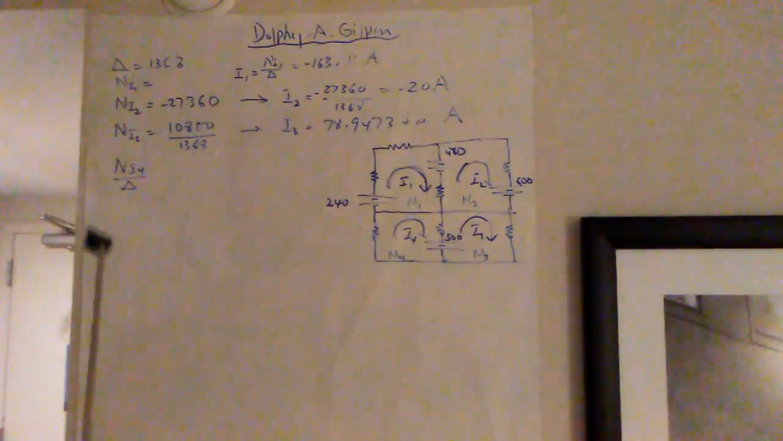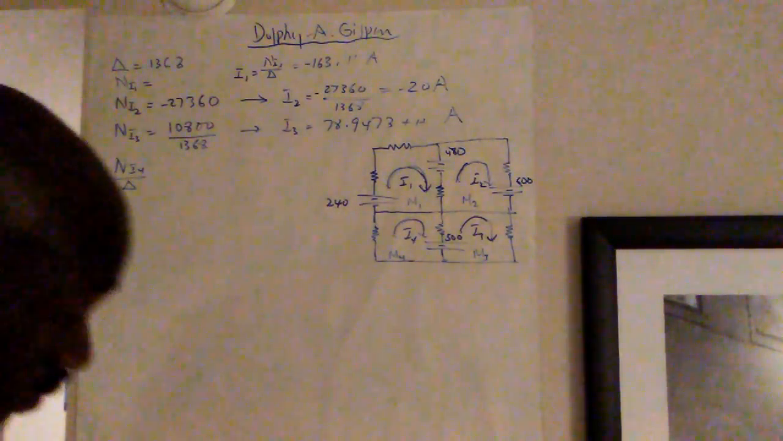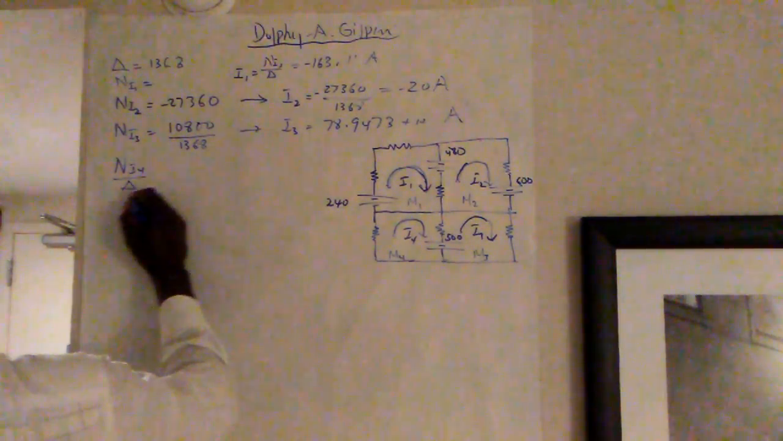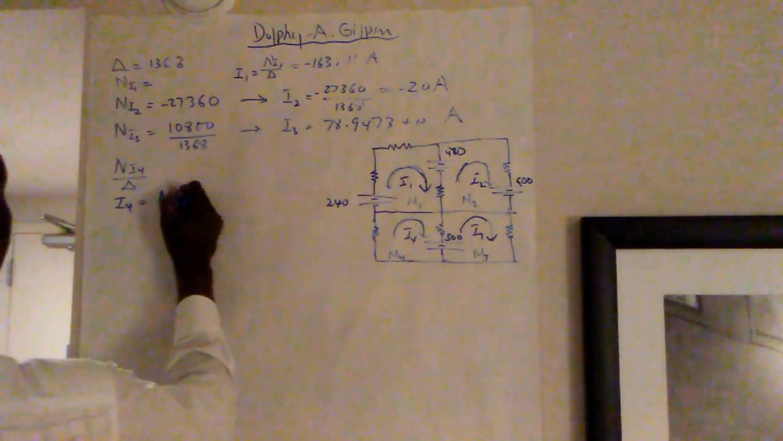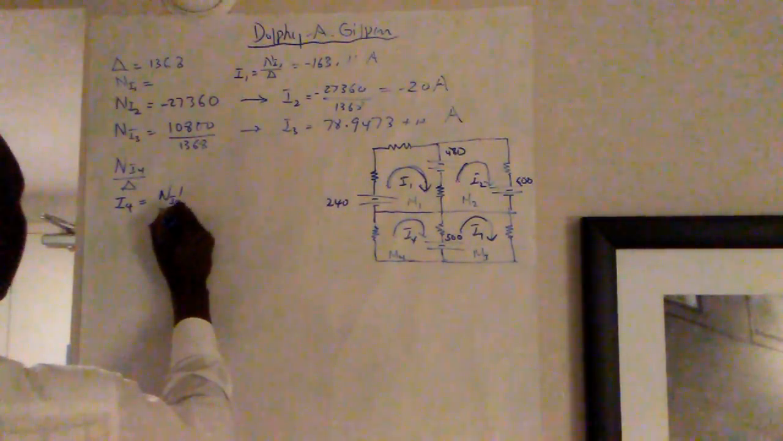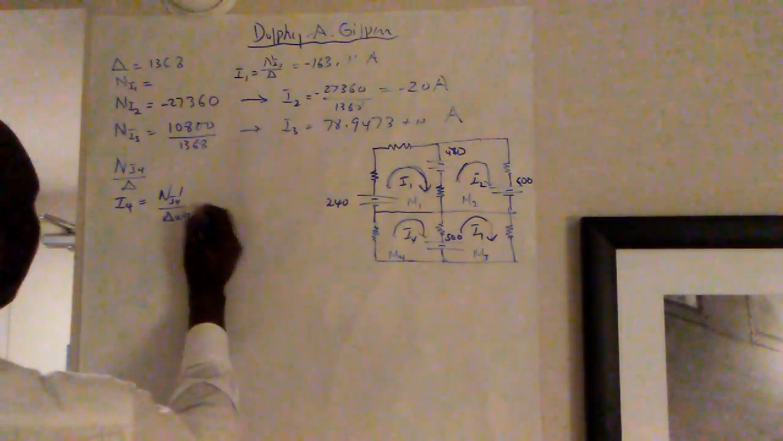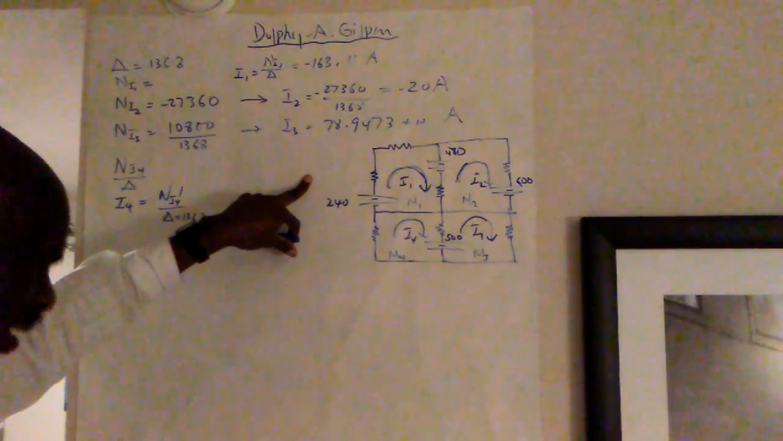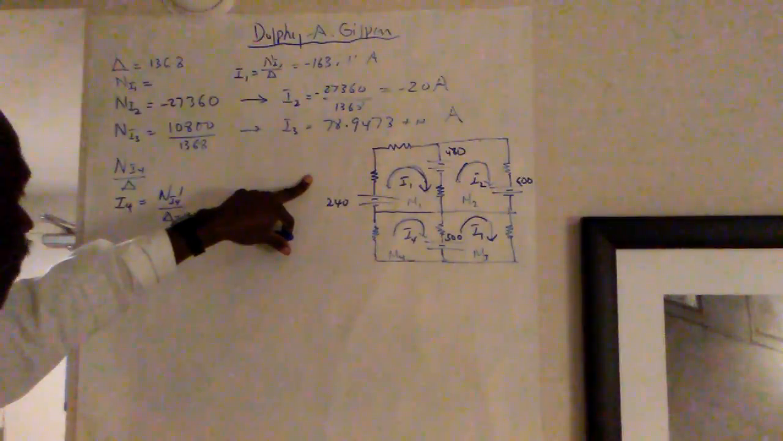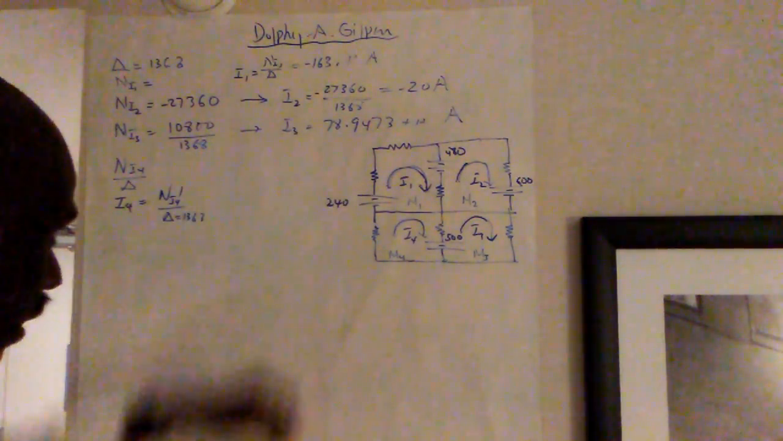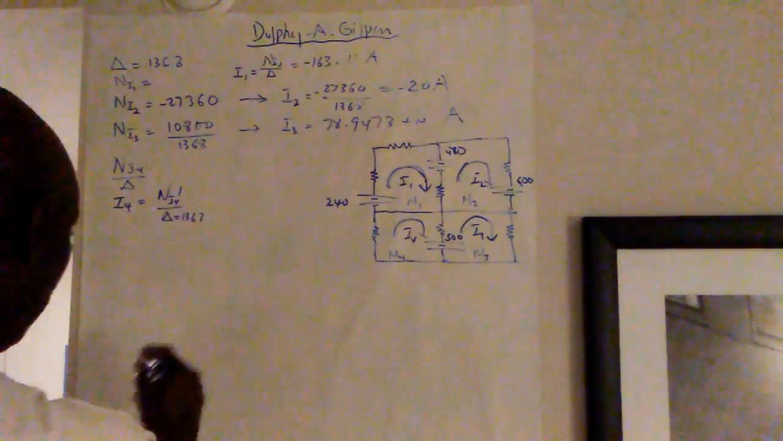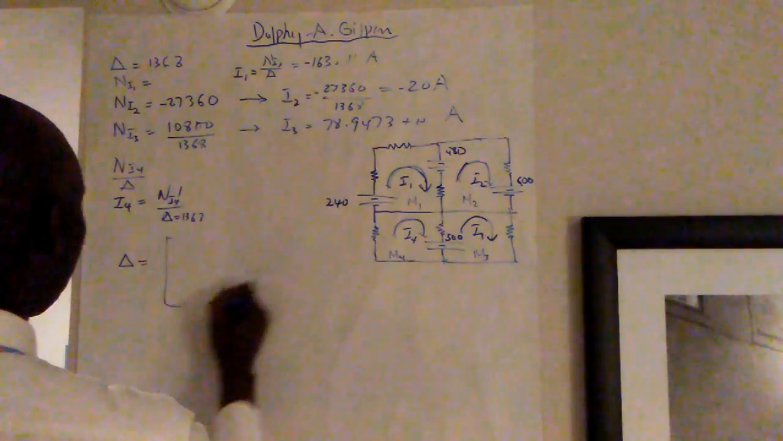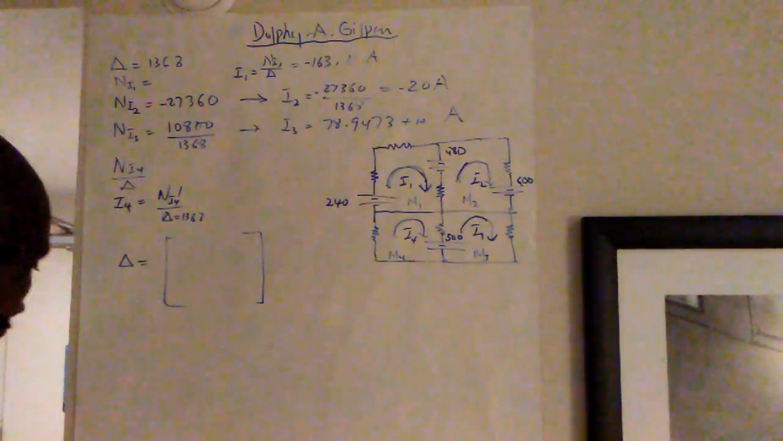So we'll move on now to calculate I4. And so we say I4 is equal now to Ni4 over delta, which is equal to 1368 by calculation. And for Ni4, we will replace now the fourth column in the delta matrix via the voltage values. So let's do that. Let's get back our delta matrix. Delta is equal to